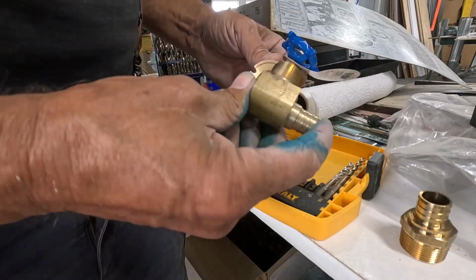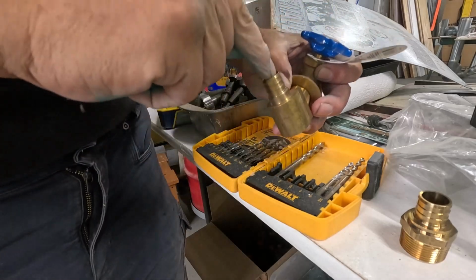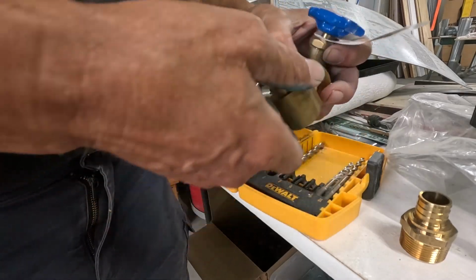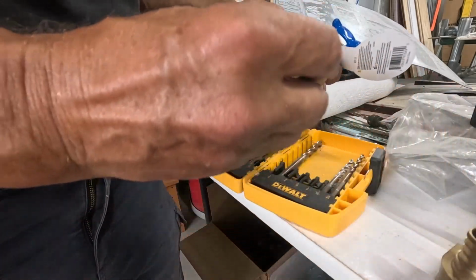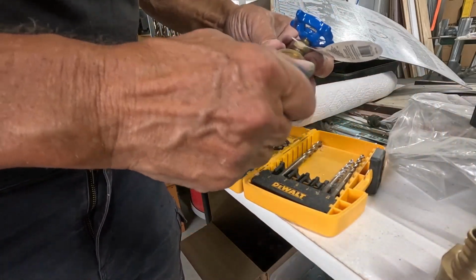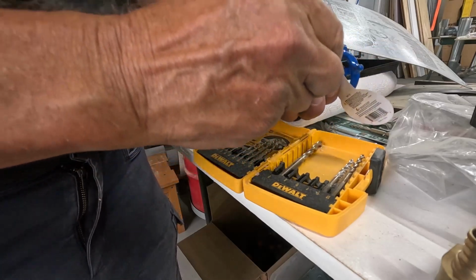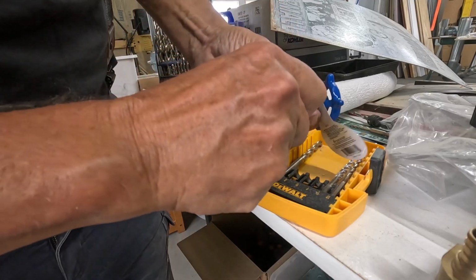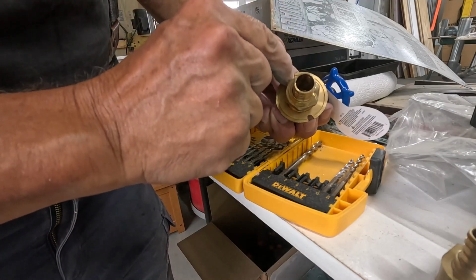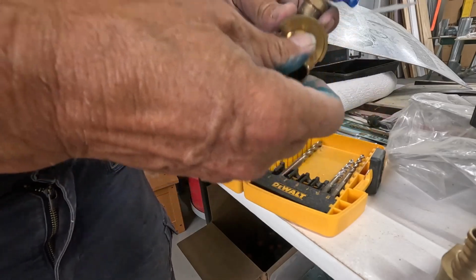Alright, I had originally picked this up thinking I was gonna just run the PEX over to it, but there's no way on earth that's gonna work, because we're going through a 2x4 first. So it needs to be like that, and then we only have a tiny little bit of space before we have these notches for the screws. So